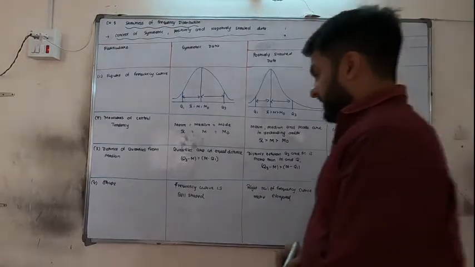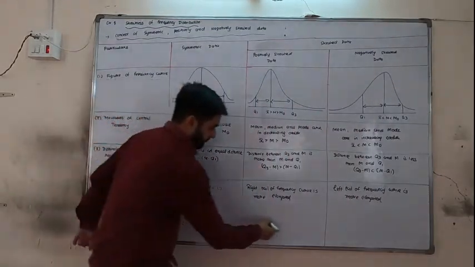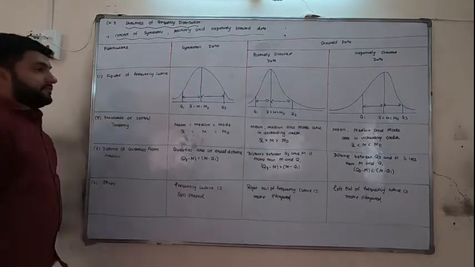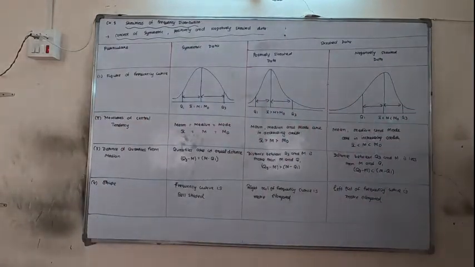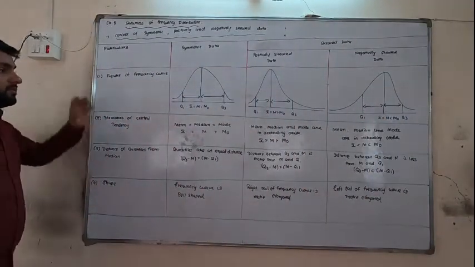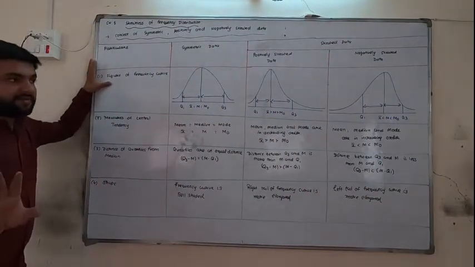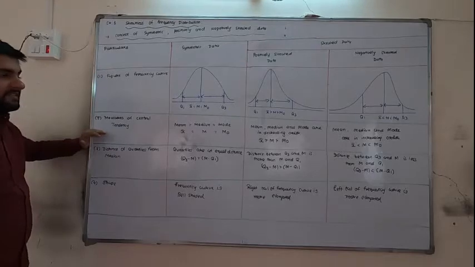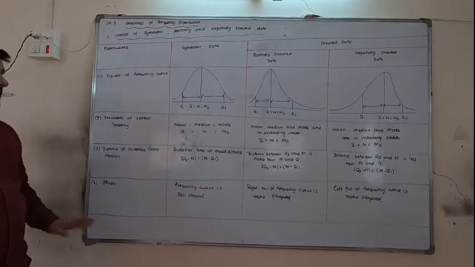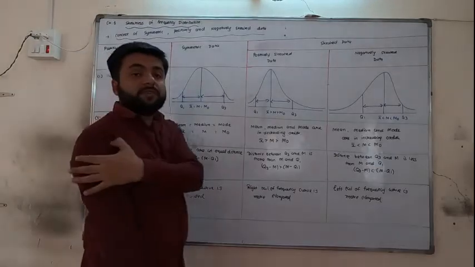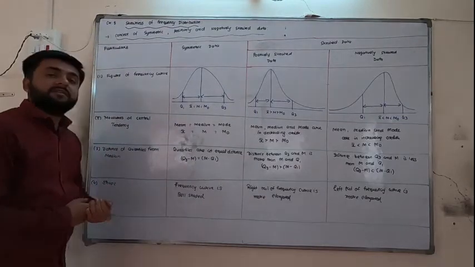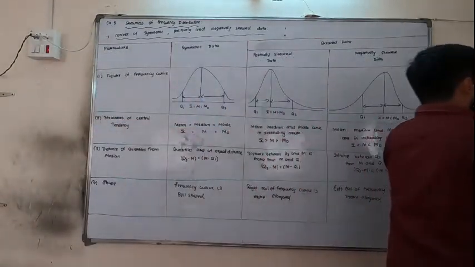So friends, these are all the characteristics about this thing. So you need to write it properly, which will help you to learn in the exam. I have discussed all the important characteristics before you. The figure is not expected in the exam, I know, but still you should know the figure, measures of central tendency, distance from quartiles, and the shape. These 4 things you must know for this skewness. Only after that learning is possible. We are moving towards the next topic